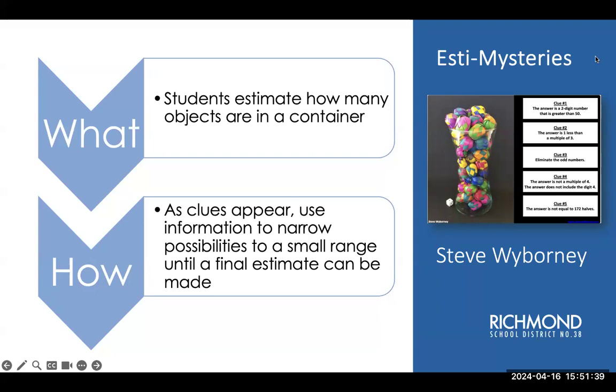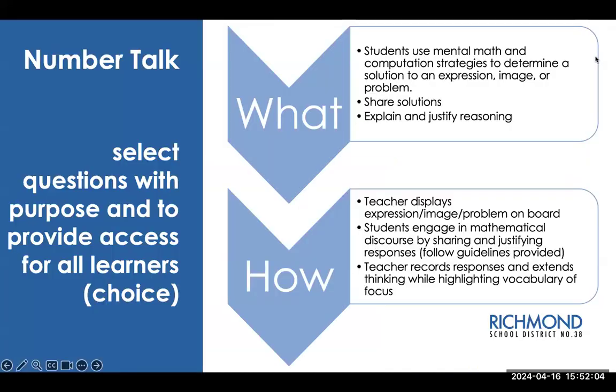But it's like a slow reveal. There's one clue given at a time. As you prompt them, they have to narrow their focus to come to a final decision about how many are actually in the jar, and then kind of rationalize how they got there. So these two are great routines, can be done within 10 to 15 minutes and support students with building estimation